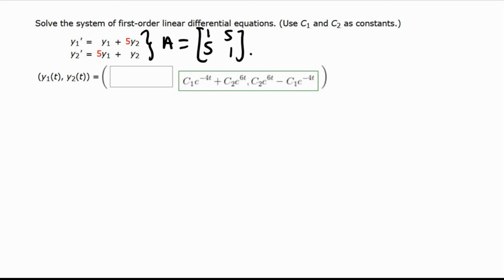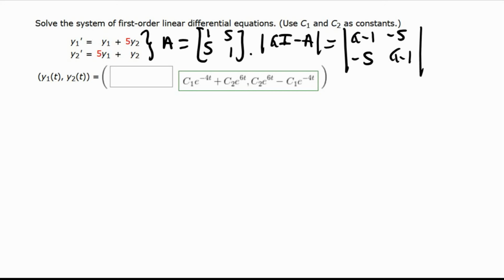So we look at the determinant of lambda times I minus A, and that gives us the determinant of lambda minus 1, -5, -5, lambda minus 1. So we solve that,